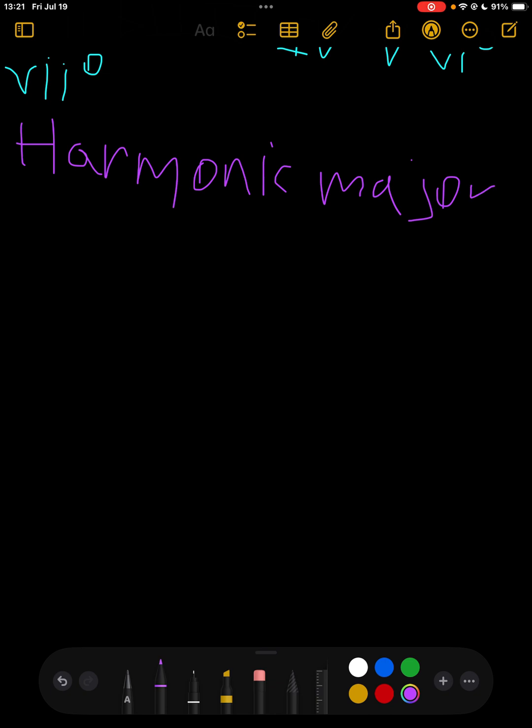It's like a harmonic minor, but with the third raised back up to make it a major scale. 5 flats. So the formula is on the screen right now. It's 1, 2, 3, 4, 5, flat 6, 7. And the chords are as follows: 1 major,